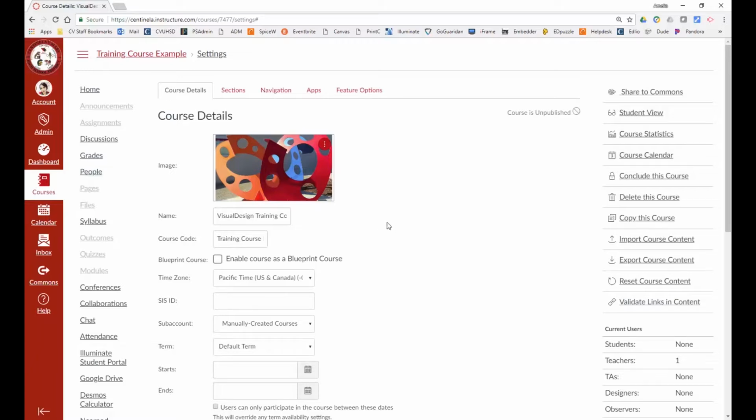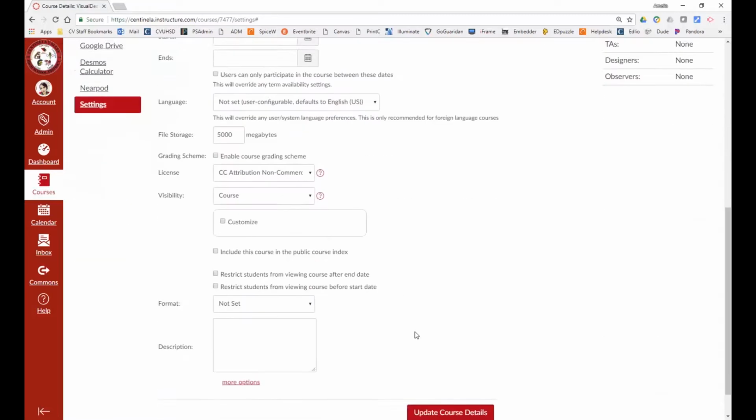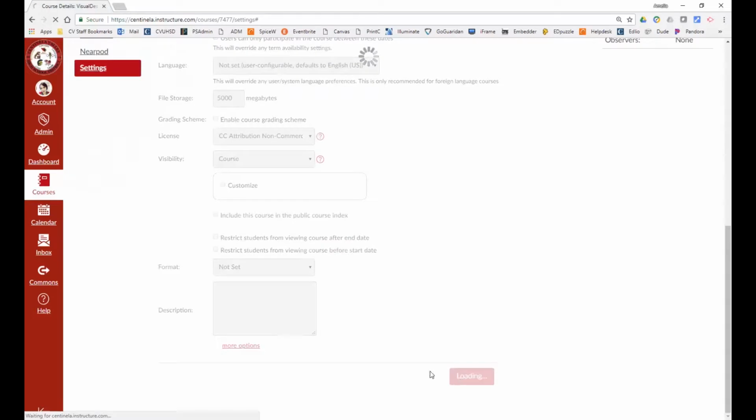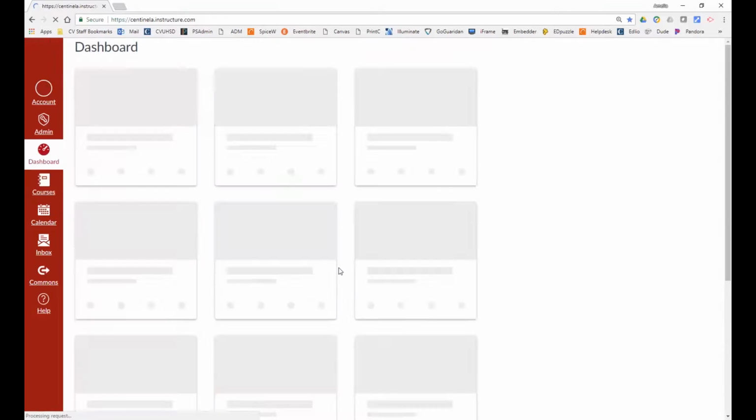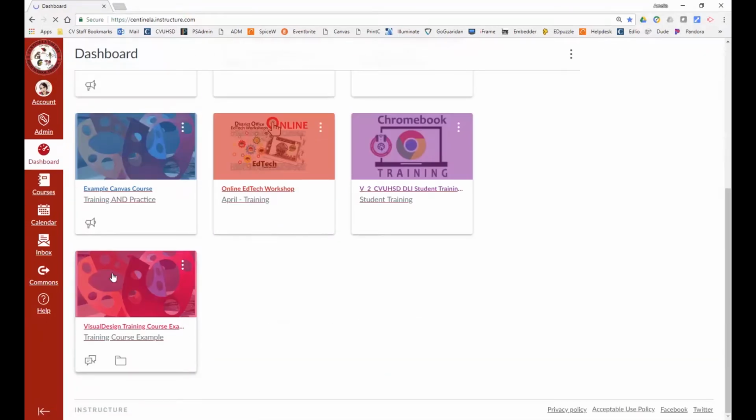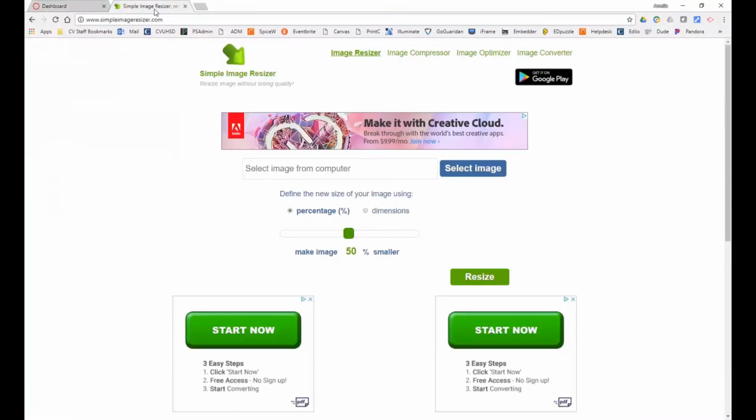If you don't mind the picture being cropped, it will automatically fit within that tile size. However, if you do not want to crop this picture, you can always resize the picture using the Picture Resizer web service. I'm going to update the course details. If I return to the dashboard, you're going to see that now the tile picture has been added to my visual tile. If you want to resize the picture that you have placed within that tile, there is a web service called